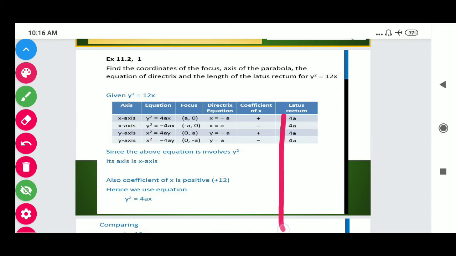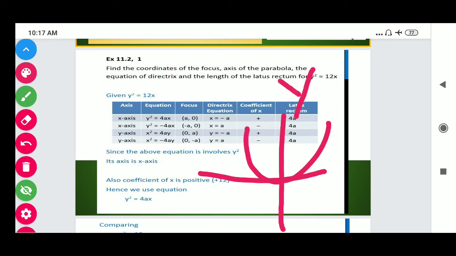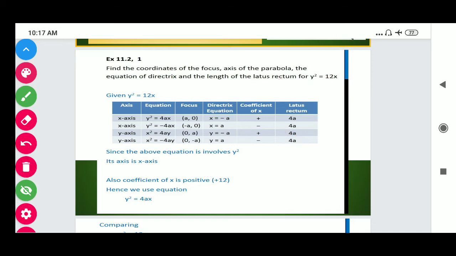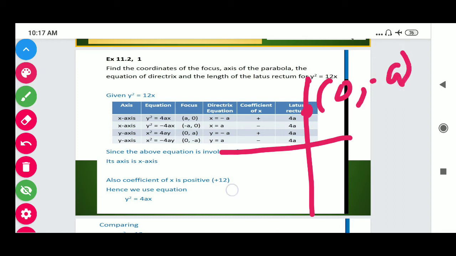So next is the parabola when its mouth opens in the upward direction, and here we have symmetry about the y-axis, and the coordinates of the focus are (0, a), because we know that on the y-axis, x remains 0 throughout the complete y-axis. So here the coordinates are in the form (0, a). Now students, if the coordinates of the focus are (0, a), then the equation of the directrix will be y = -a.